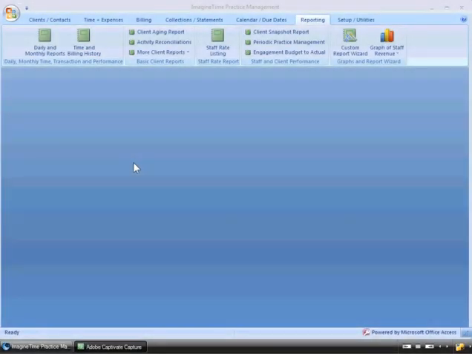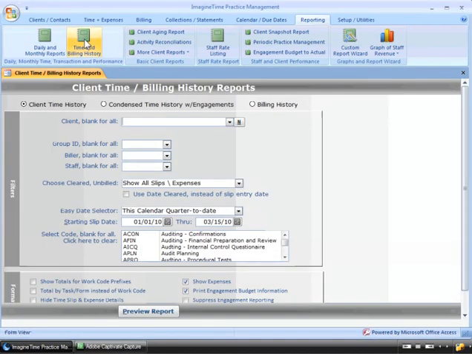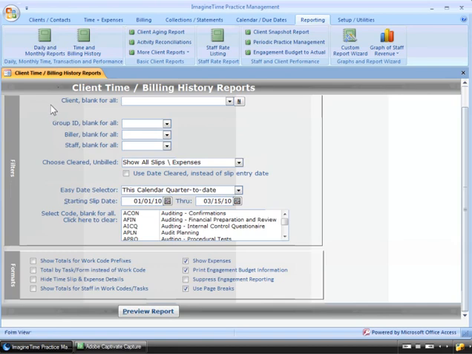Next, let's review the time and billing history report. I'm going to select that from our ribbon. Now, there's actually 3 variations on this report that you can run, depending on the exact information you're wanting to see. You can look at